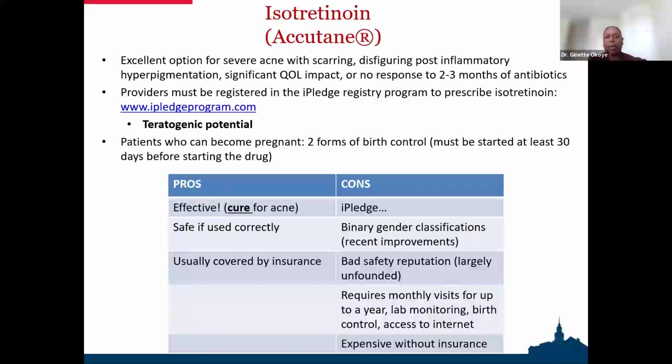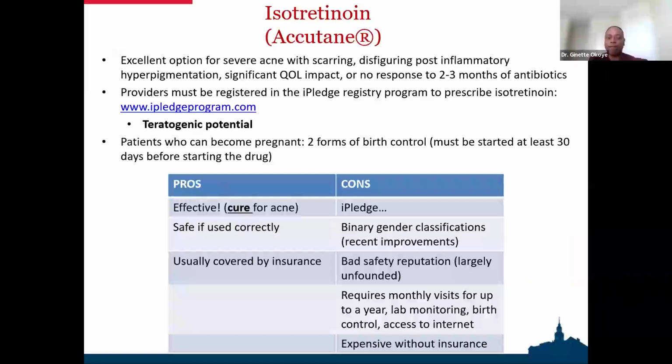But otherwise, really well tolerated, except for dry skin, dry lips. We do check patients for hypercholesterolemia on it because that can occur. But now evidence-based guidelines recommend that we don't have to check labs every month anymore. So I'm spending a little time on it, not because I expect you necessarily to incorporate this into your practice, but if it comes up, or if you've given patients antibiotics for a few months and they're not getting better, I encourage them to get to a reputable online source to read about isotretinoin